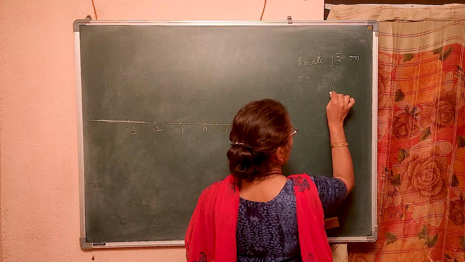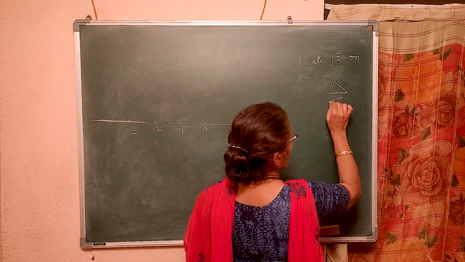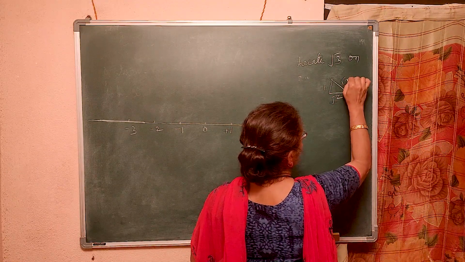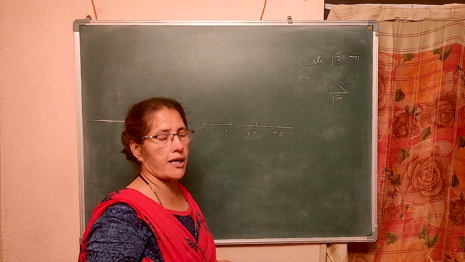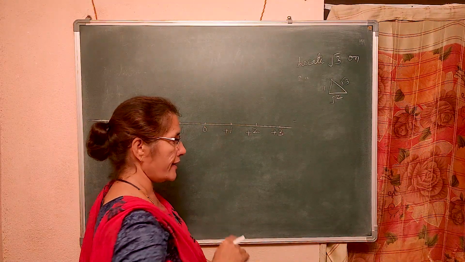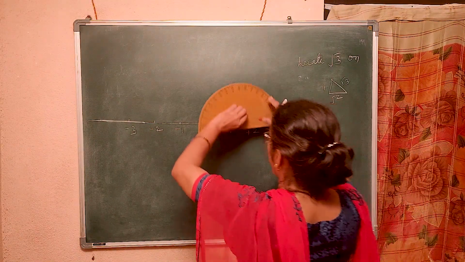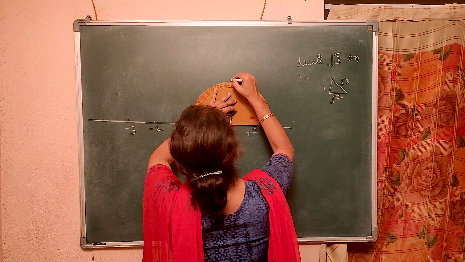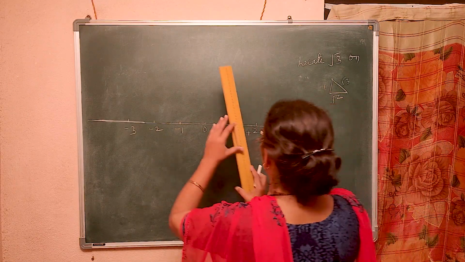I said to locate square root of 3, one should be 2, another one should be square root of 2, another one should be 1. So it is square root of 3. So what you do is you draw square root of 2 as you have drawn, but don't draw that up. From here to 0 to 1, take the protractor and mark 90 degree. 90 degree I have drawn. So I draw that line.